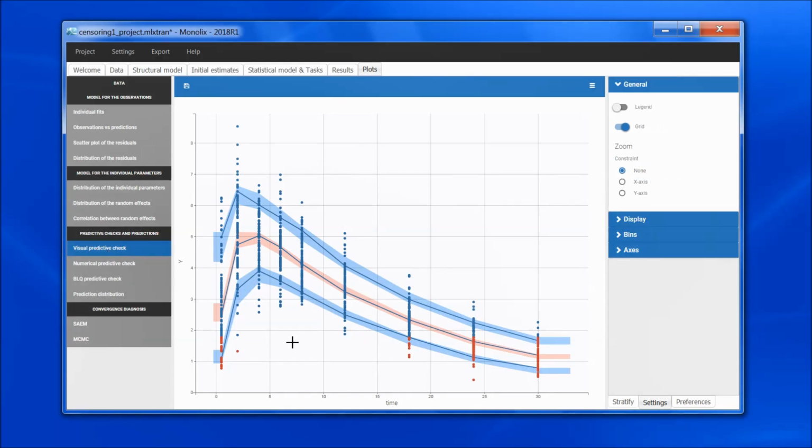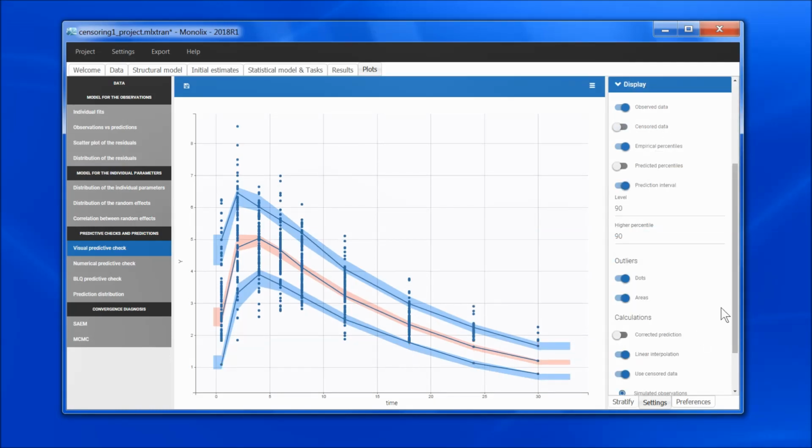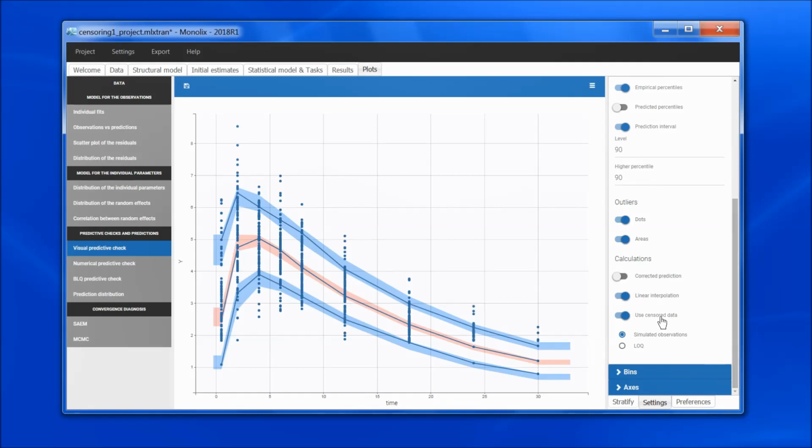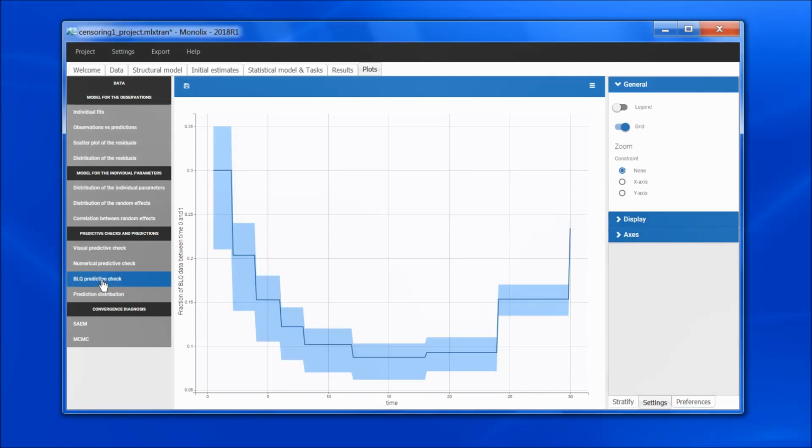As for all other plots, using the simulated BLQ permits to use all the available information and avoid spurious bias. If you don't want to use the simulated BLQ, you can go to Display and untick Censored Data and also untick Use Censored Data. And finally, when censored data is present in the dataset, a BLQ predictive check is available.